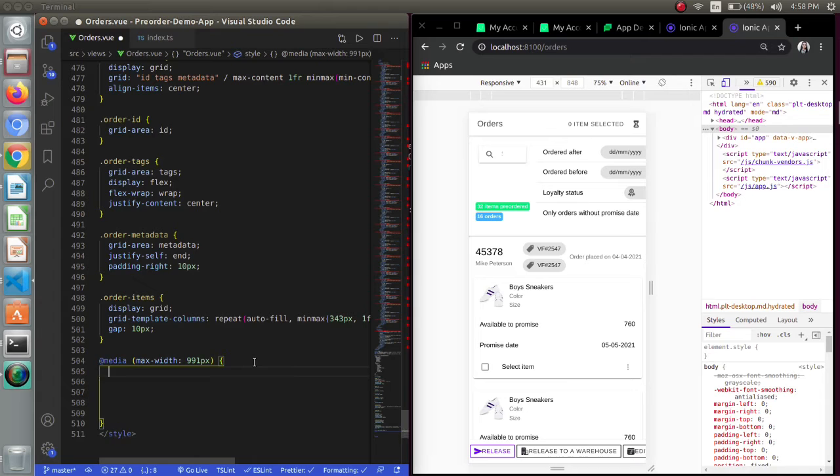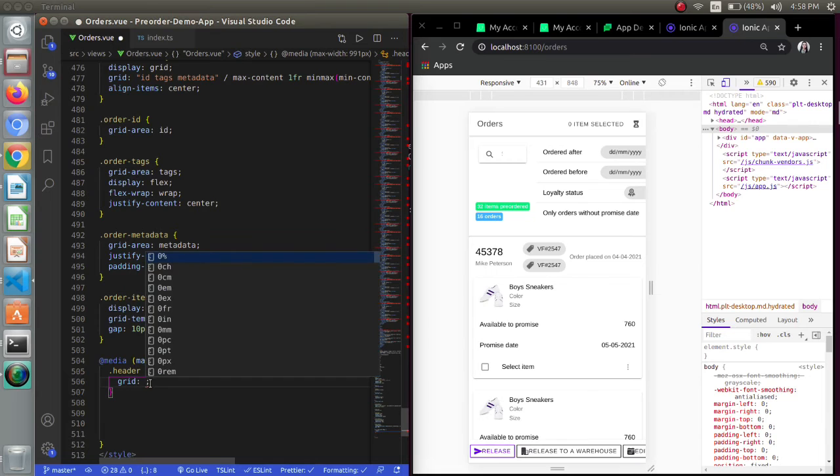So I will just write the header part over here, and I will use the CSS grid over here. I already have defined the grid areas above, so I will simply use the grid CSS property.